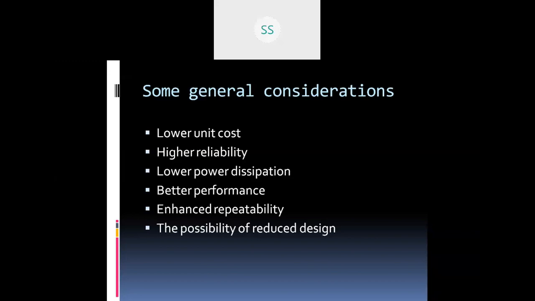Then there is the possibility of reduced design. Whenever a subsystem is designed, the approach in which the design steps or the design methodology is reduced has to be chosen, particularly while designing a complex system. That approach should be used which has very less possibility of very complex designs, that is, a possibility of reduced design. That method should be adopted in the design of complex systems. So these are some of the general considerations whenever the subsystem design process is done.